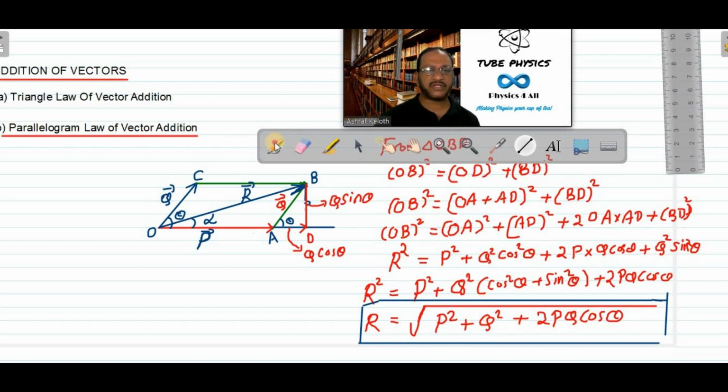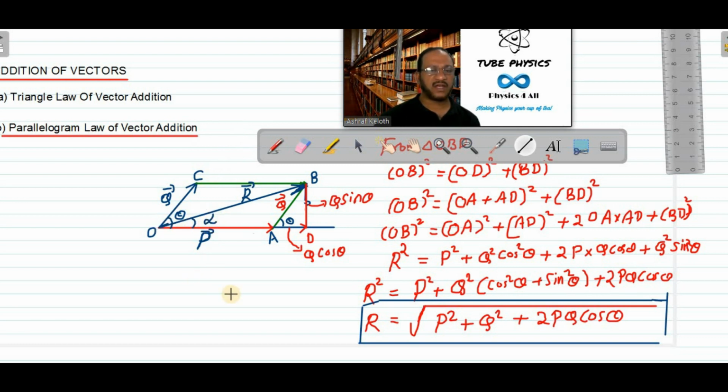Now for getting the direction, at what direction the vector r will be acting, we can understand if we know the value of alpha. Depending upon the value of alpha, suppose the resultant is acting this way, alpha is only a small value, so we can say the direction is this way. If alpha is increasing, this will be the direction. If again increasing, this will be the direction. So if you know the alpha value, it will give the direction.